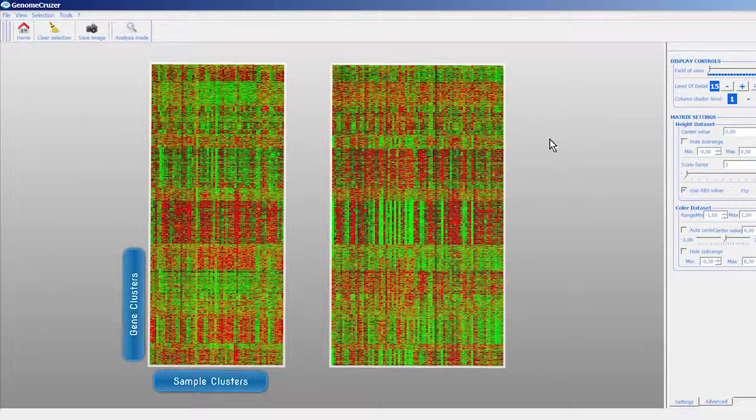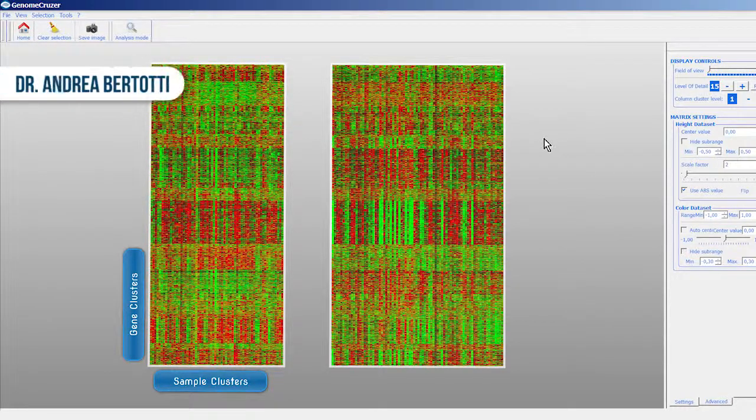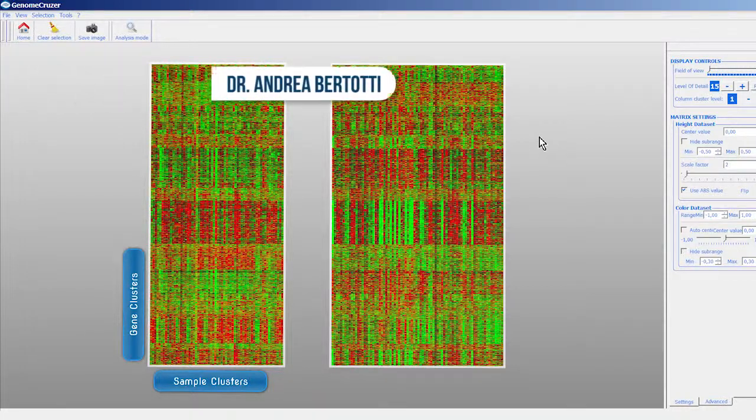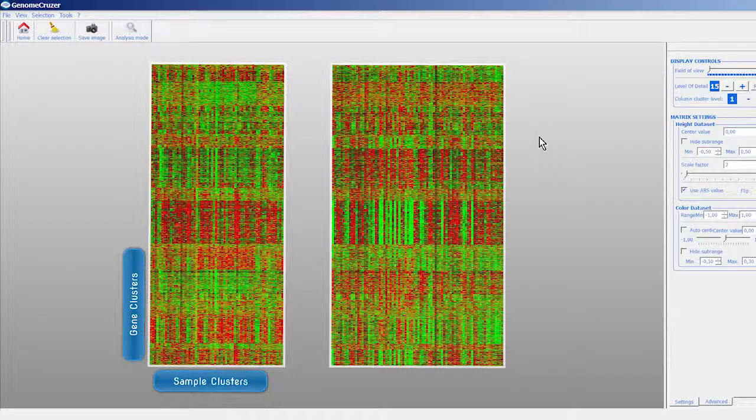Here we have a classical heat map view of gene expression on a matrix of 145 patients and 3,600 genes that have been selected for variance and expression from the TCGA colon cancer dataset. However, since the TCGA datasets